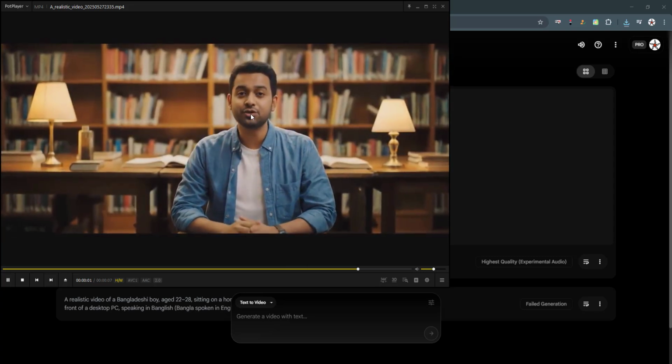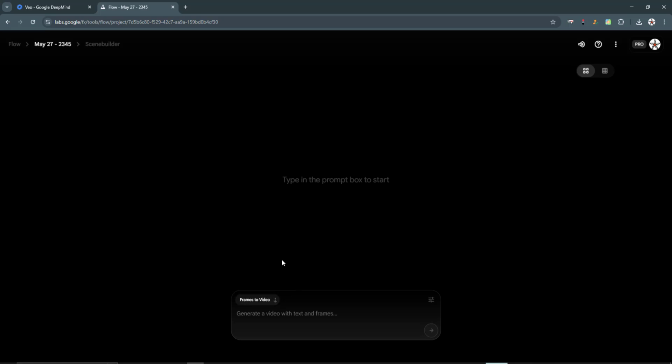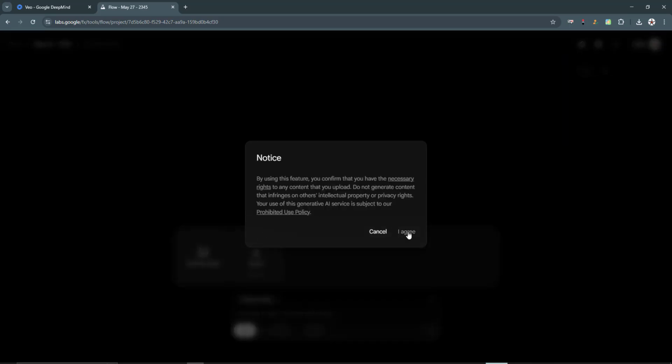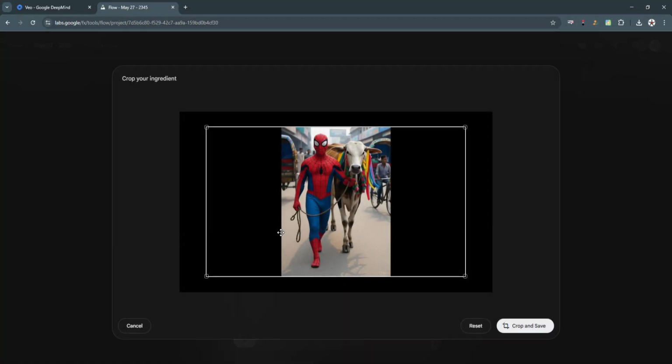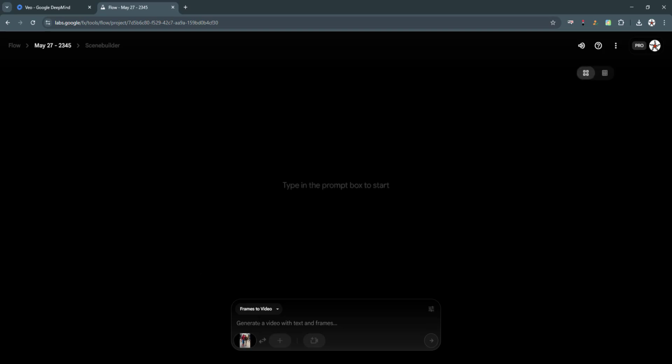Now we can use another option from here. We can add any photo of ours and use it to make a video as well. Now I have generated an image of Spider-Man walking with a cow in the street, and here I will write a prompt